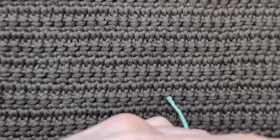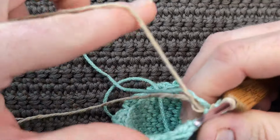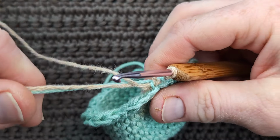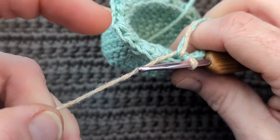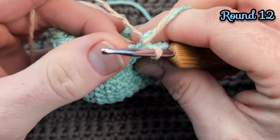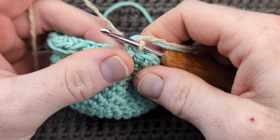And then you're going to place both tails over the working yarn. So here's our working yarn of the beige. We're going to place both tails over the top into the back, and now we're ready to begin round 12. So working into the back loops that we didn't use from the previous row, we're going to work one